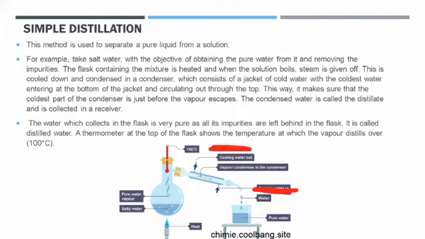So that's one error that you always need to have your eye out for in any fractional distillation or any distillation apparatus. Another one can be that there is no cork over here. What will happen? Those vapors will escape, so not all of them will pass through the Liebig condenser. Then another mistake can be that the thermometer is touching the liquid. That's another mistake, because then it is going to be measuring the temperature of the liquid rather than the temperature of the water vapors, and we want the temperature of the water vapors.